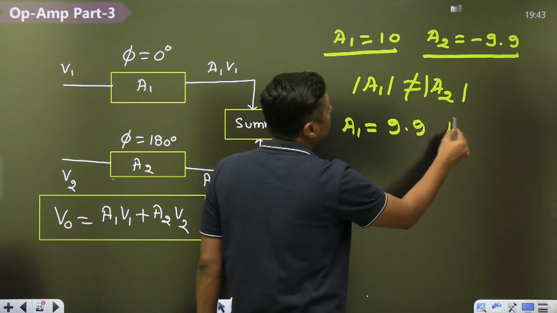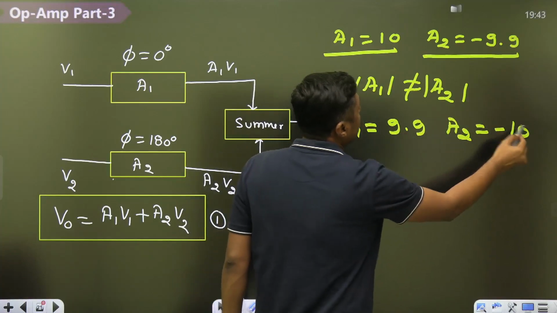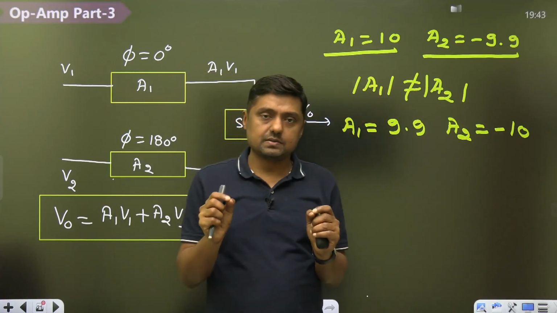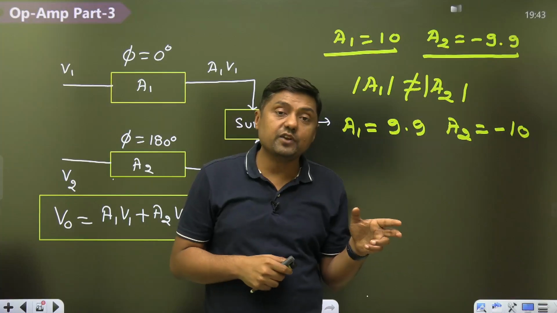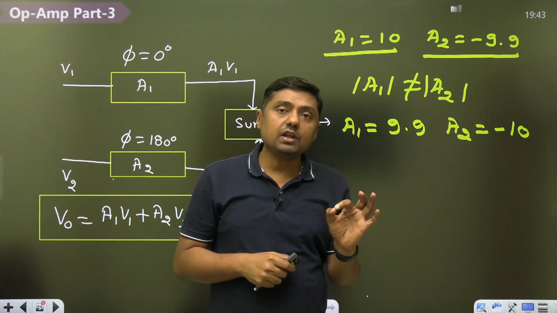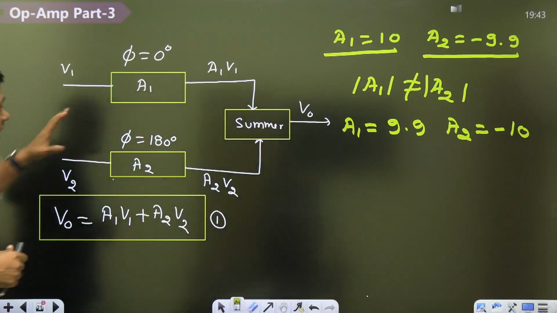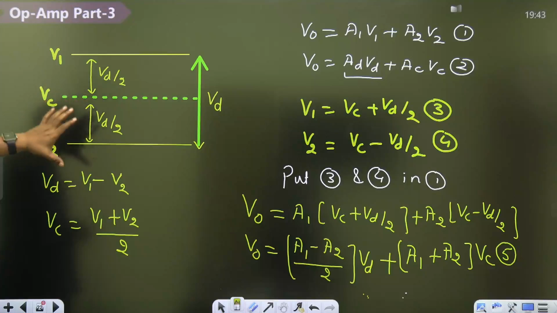9.9, A2 will become 10. So it is not possible to make the magnitude the same. There is a slight difference. And because of that slight difference, we are not getting V0 is equal to ADVD. So what will happen then? If the magnitude is not equal, then